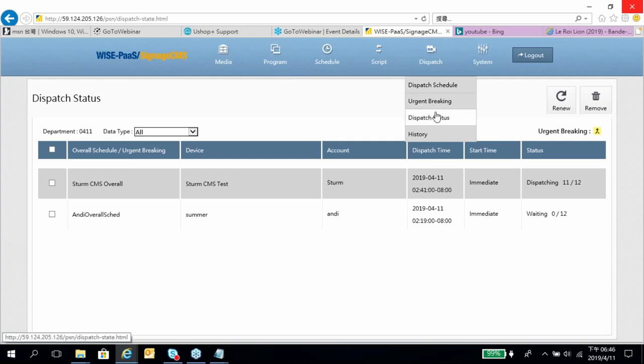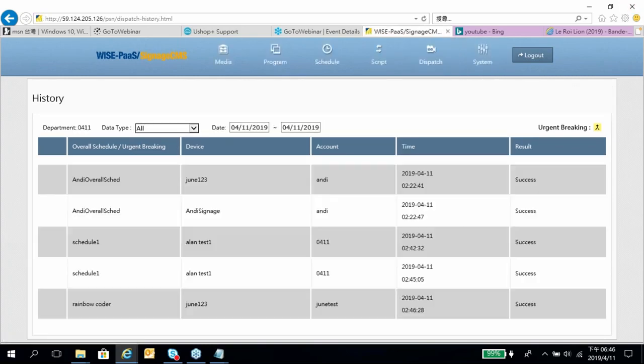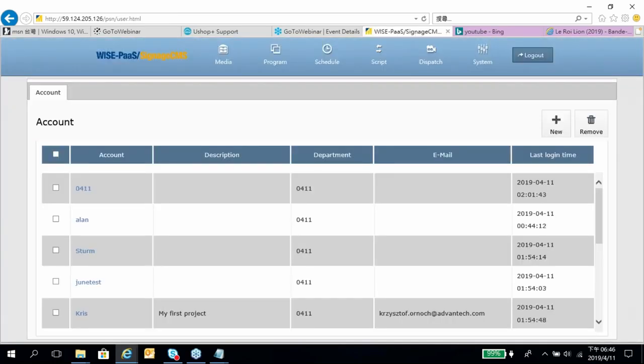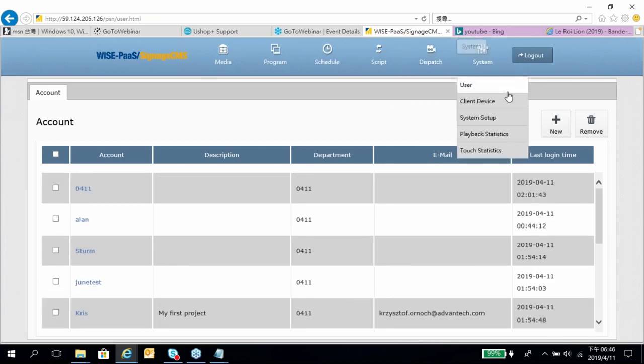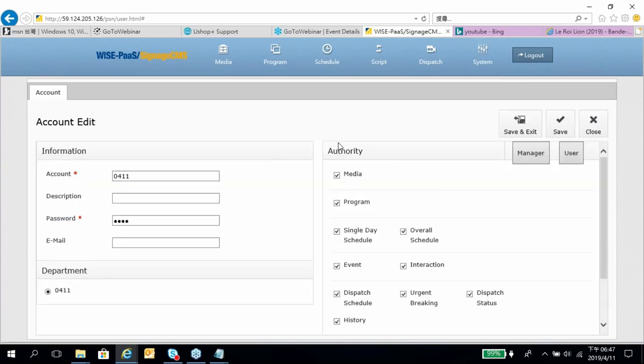Display status is dispatching, and display history is here. It will show the information. In the system setting here, users, all users already have an account; you can create an account or change the authority. Okay, in client device,